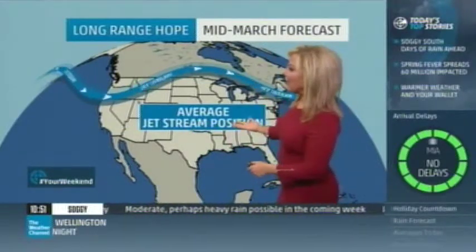Typically into mid-March, this is the average jet stream position that we have to the north, so temperatures certainly do start to warm up. In this case, it'll be much warmer into the northern plains, much warmer all the way to the Canadian border. You'll feel warmer in the southwest, where temperatures will near 90 in Phoenix this week. That's right, of course, to the